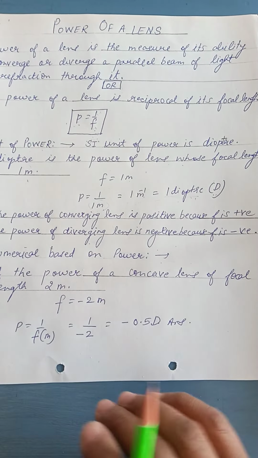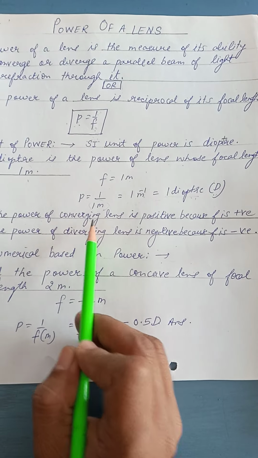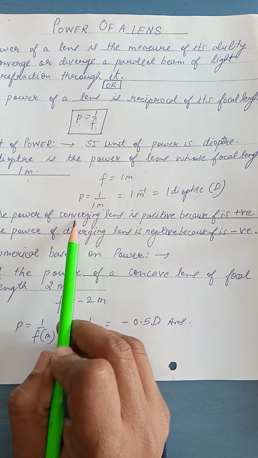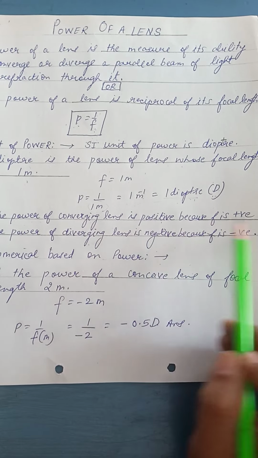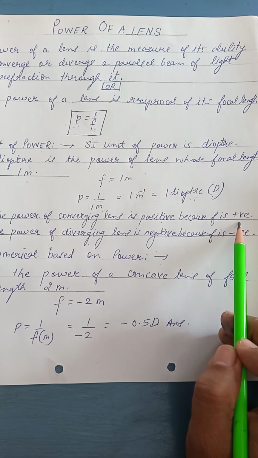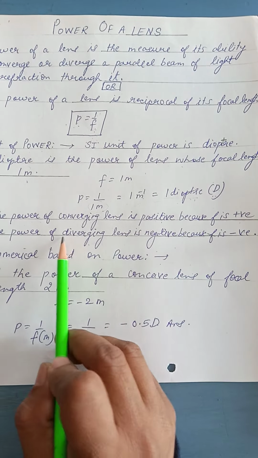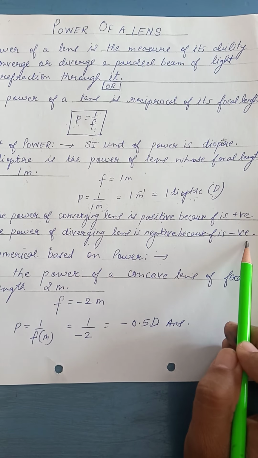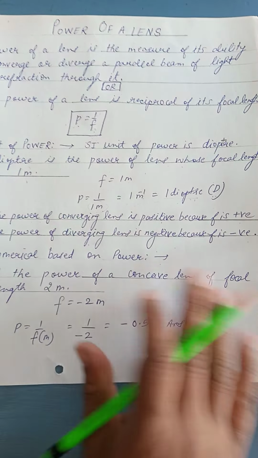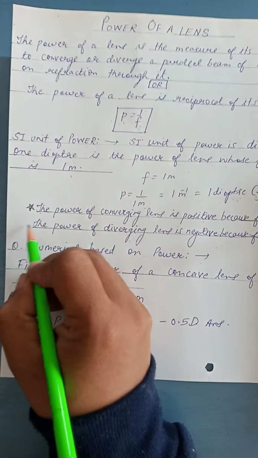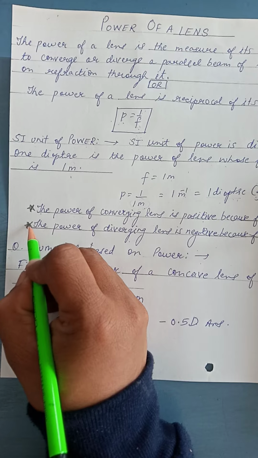Okay, so we can consider that the power of the converging lens is positive. What will we write? The power of a converging lens is positive because the focal length is positive. The power of the diverging lens is negative because the focal length is negative. These are the two important points which will be helpful